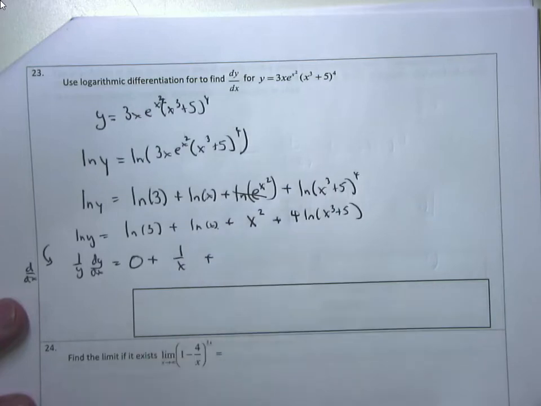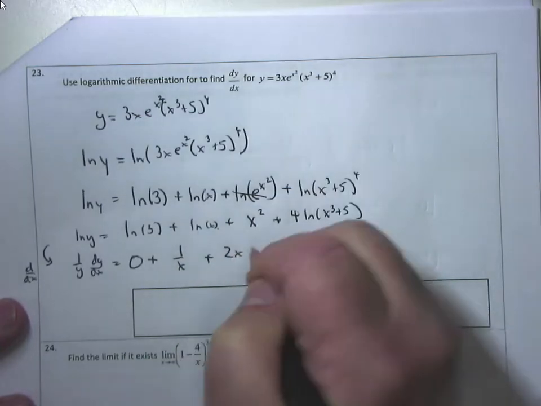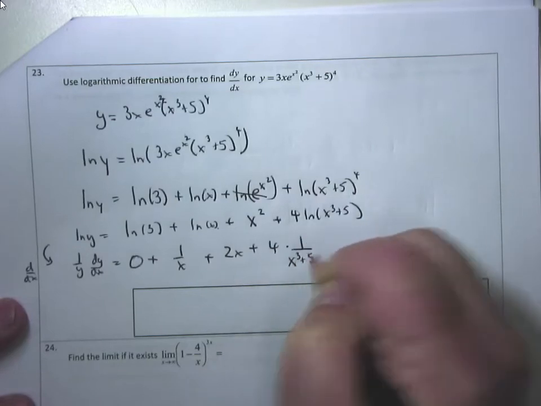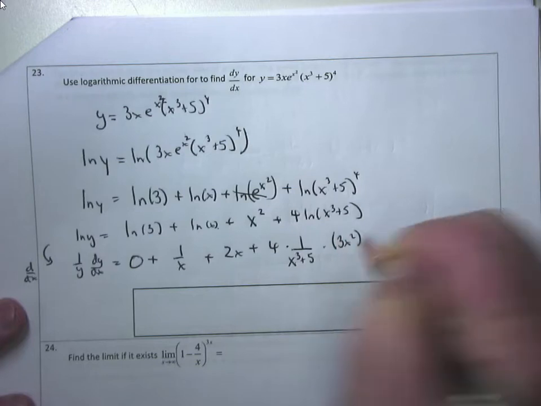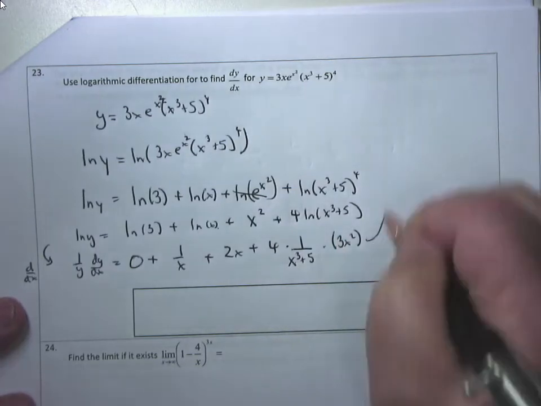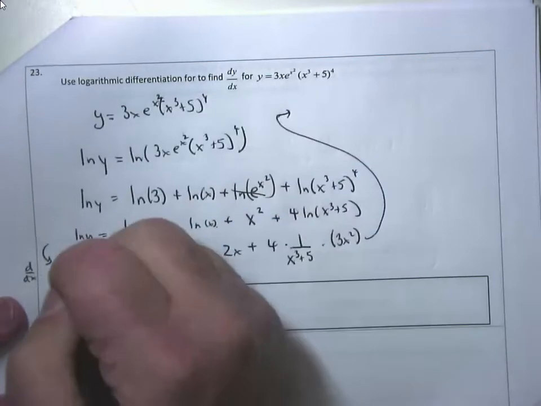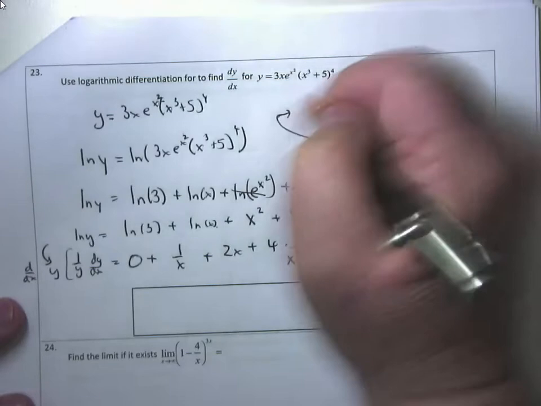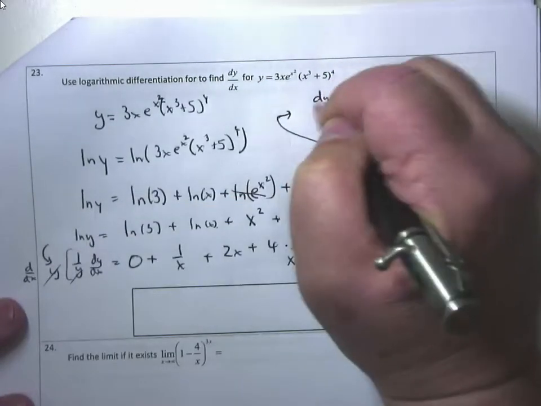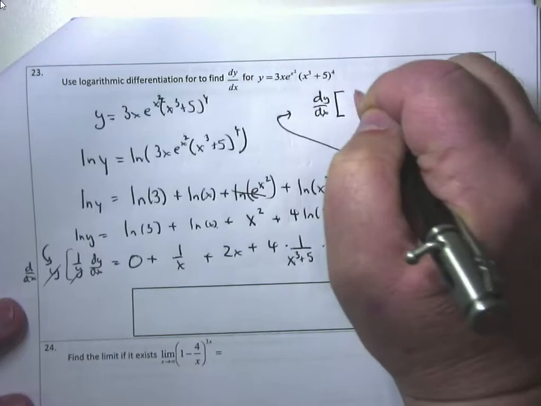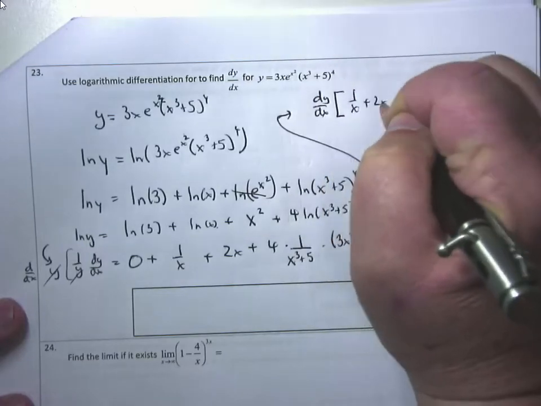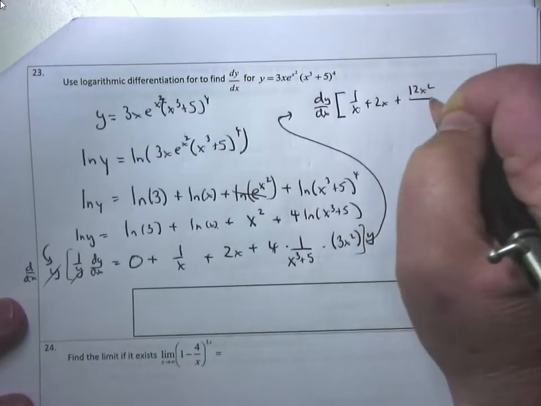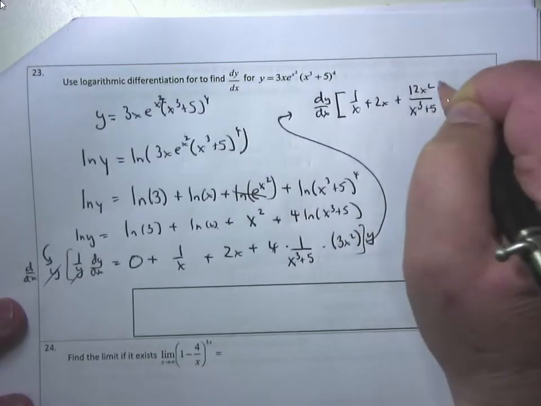Plus, don't hurt yourselves, what's the derivative of x squared? 2x. Plus 4 is a constant. Derivative natural log of a function is going to be 1 over the function x cubed plus 5 times derivative of the inside, which is 3x squared. Solve for dy over dx by multiplying by y on both sides. So this is going to give me, this cancels, and leaves me with dy over dx equals bracket 1 over x plus 2x plus, cleaning this up, 4 times 3 is 12x squared over x cubed plus 5, close bracket,